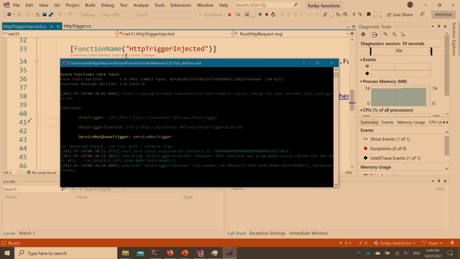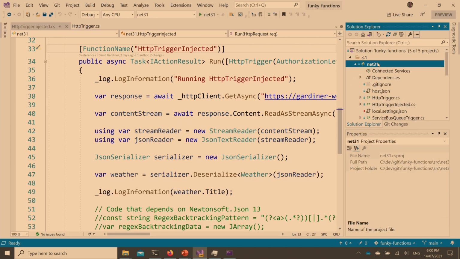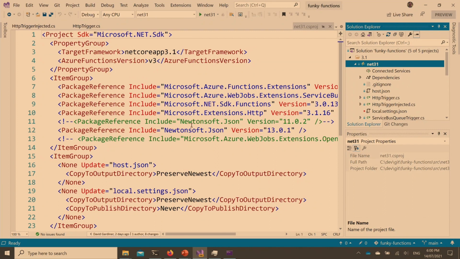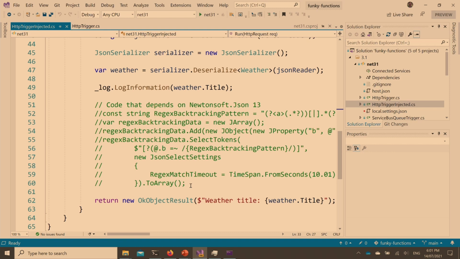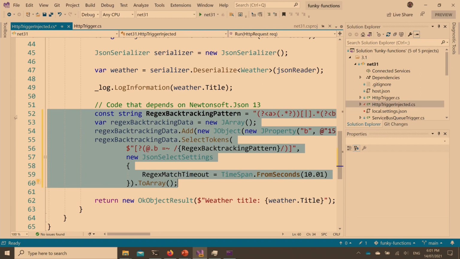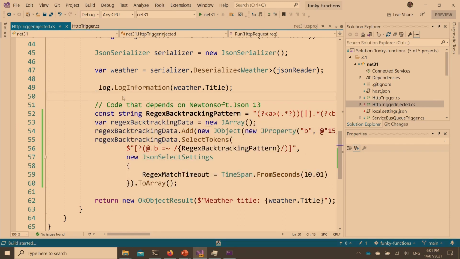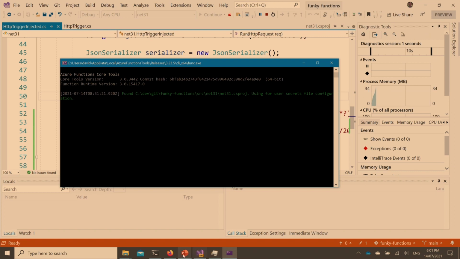Okay, so that worked, but I'll stop that. If I go back to my project file, I've added a reference here to Newtonsoft.Json version 13.0.1. If I actually use some code in this function, and I've got it commented out at the moment, I'll uncomment that. And I happen to know that this code is using a feature of JSON.NET version 13. This is going to compile, but we'll see what happens when we actually exercise this function now. So it compiled it, we're running the function, we'll go and call that endpoint, so I'll just press F5,